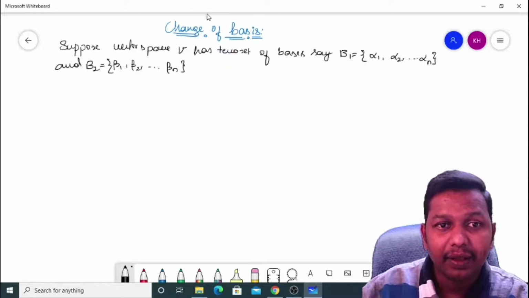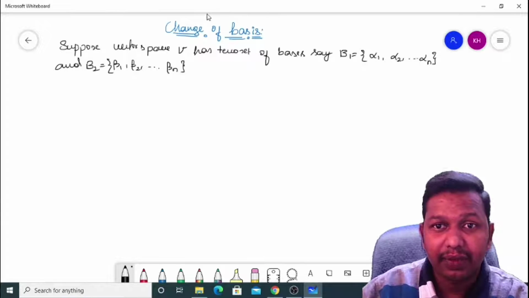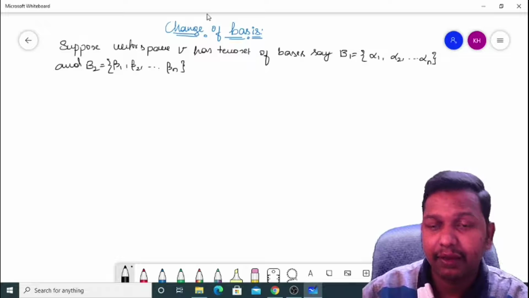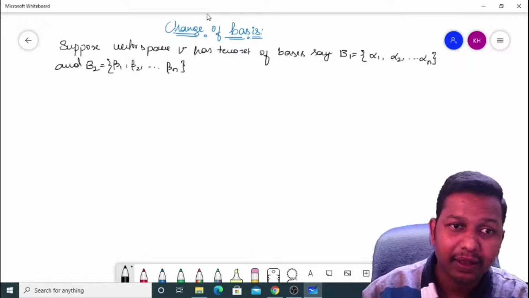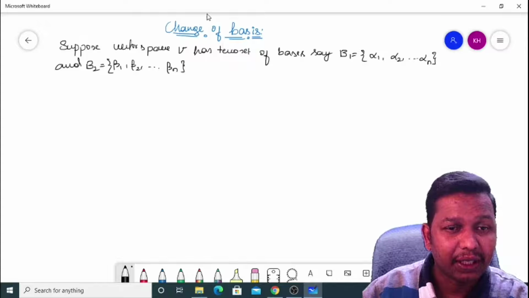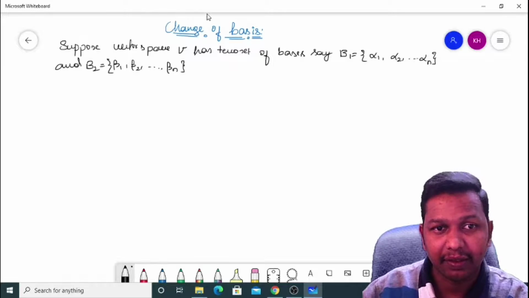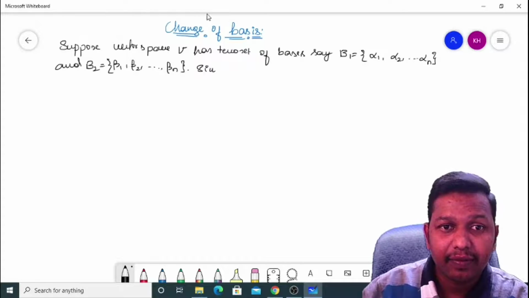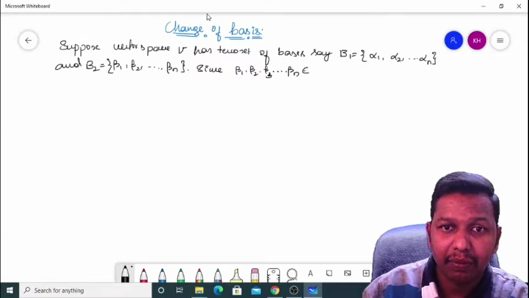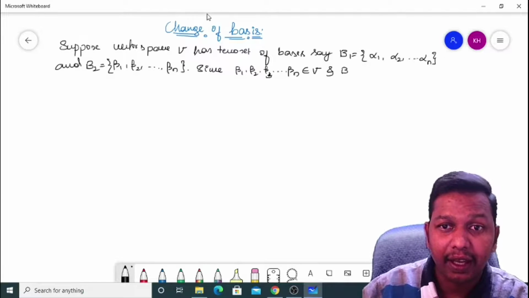Since V has dimension n, the number of elements in B1 and B2 are equal. Therefore, alpha 1, alpha 2 and so on alpha n, there we have n elements. Beta 1, beta 2 and so on beta n, here also we have n elements. Since beta 1, beta 2 and so on, beta n belong to capital V and B1 is its